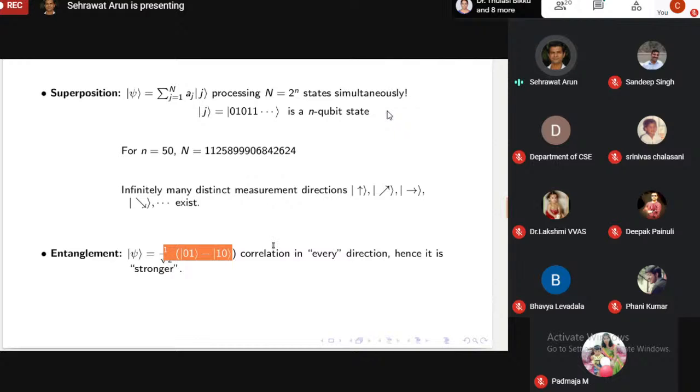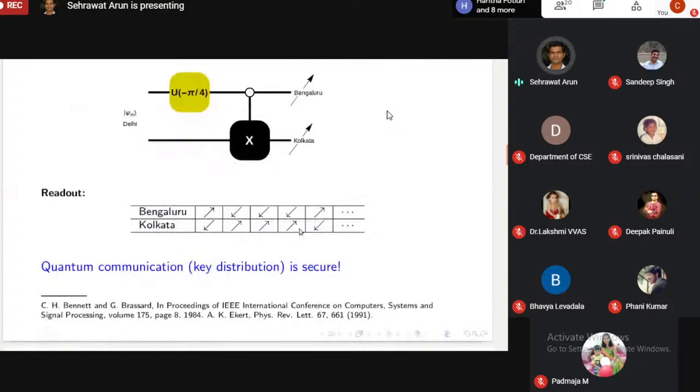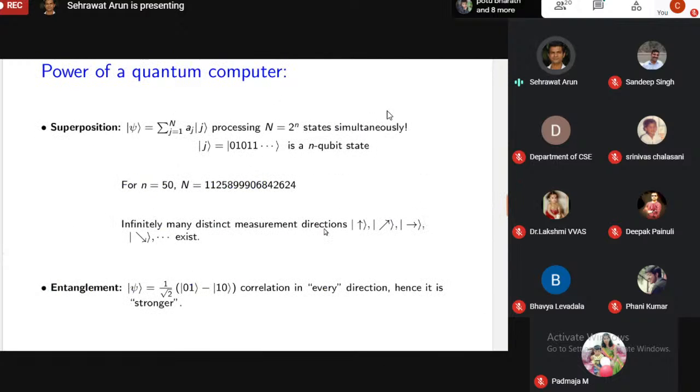And I just want to emphasize one more thing. This Bell inequality is also used in the security proof of the quantum key distribution protocol. If you see the Ekert paper, the security proof is based on the Bell inequality. Because you take half the data, and if it violates the Bell inequality, that means secure communication. If it doesn't violate the Bell inequality, then it is not secure. So these are the two main powers of